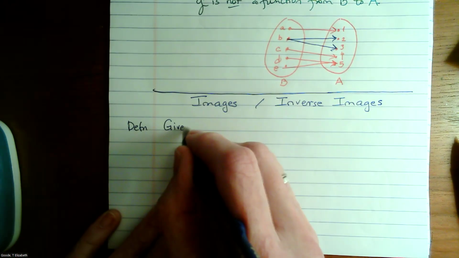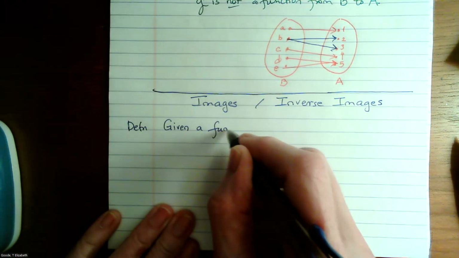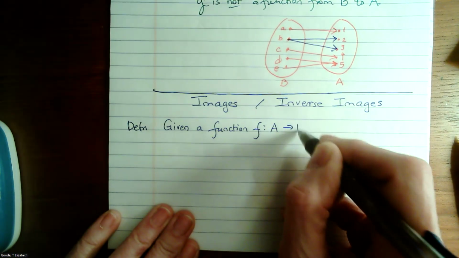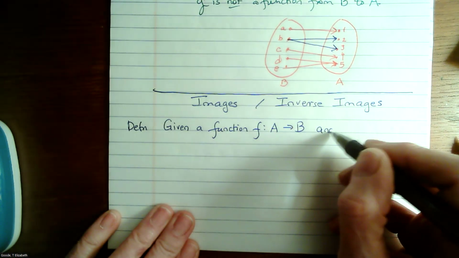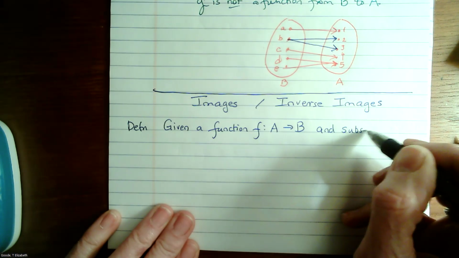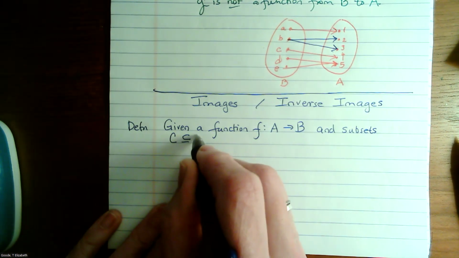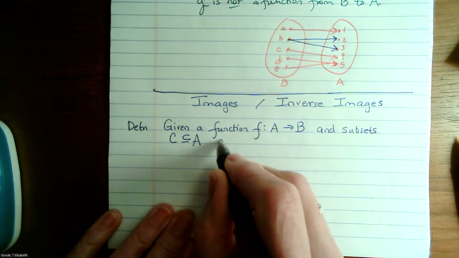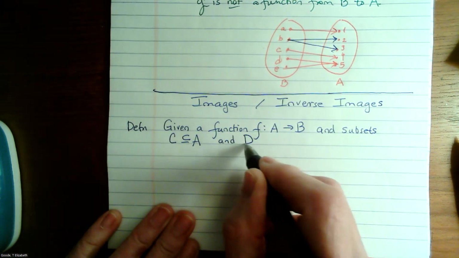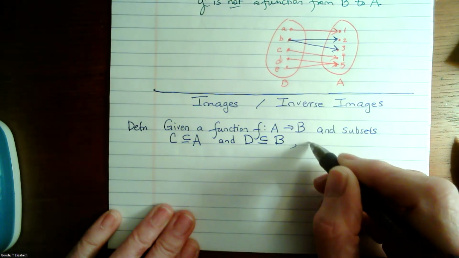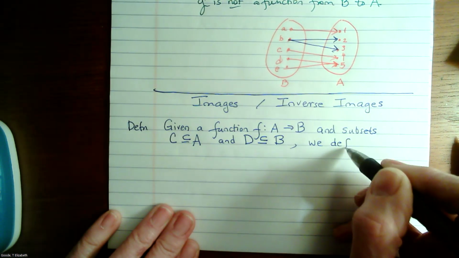So given a function f from A to B, and subsets C, which is going to be a subset of A, the domain, and D, which is going to be a subset of the codomain B, we define,